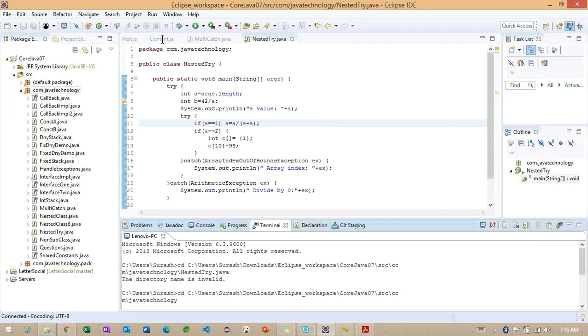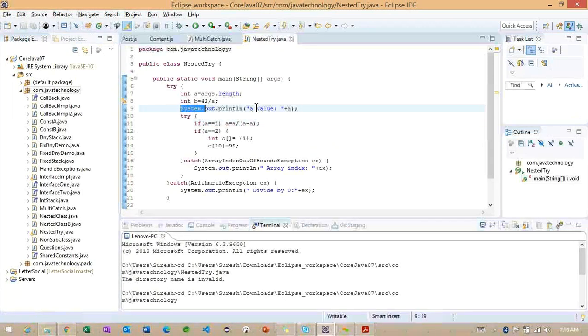So let me go to the example. What we are doing here, we are printing an a value 1. Getting the point. So whenever the a value is printing, this particular exception is not going to occur. So 42 divided by a, some value we are going to get. If you want to check here, we can check later, but make sure this line number is not going to give any error. About where we are getting an error.